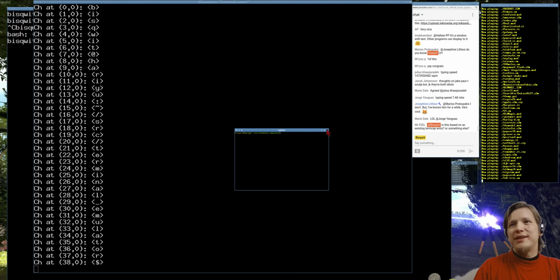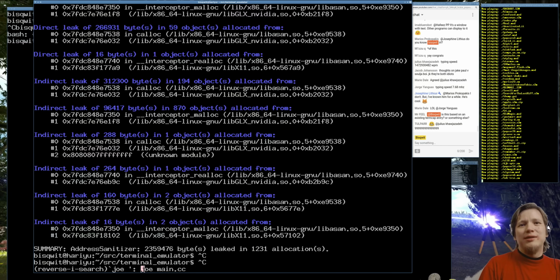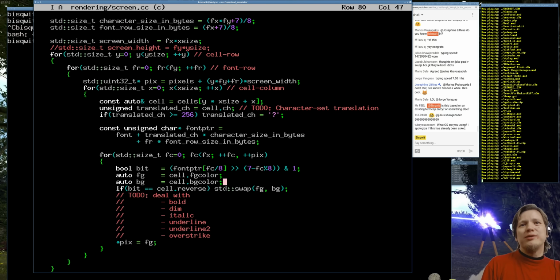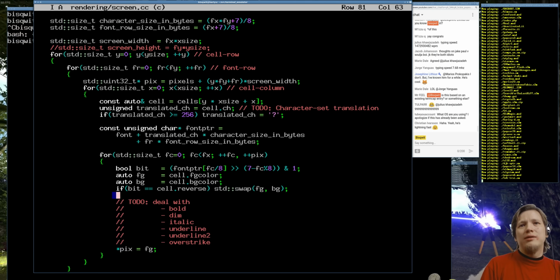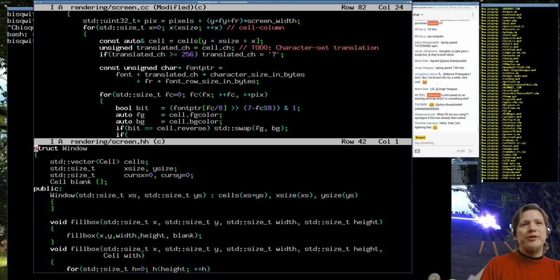So we have text here. Then for some cool effects, I should probably add the cursor here. So if this is the cursor position,